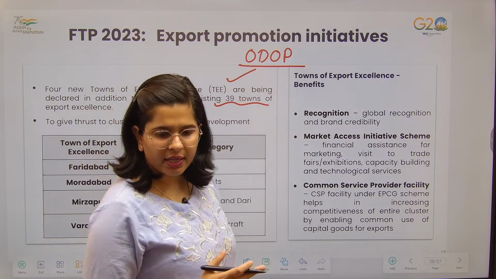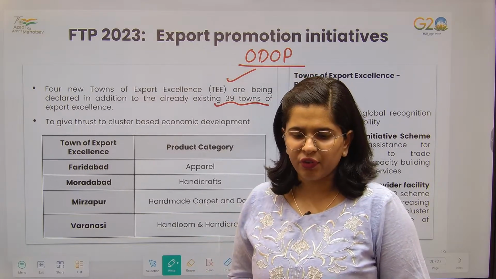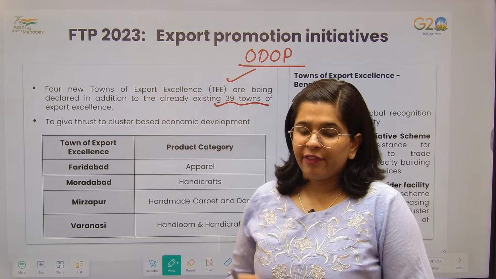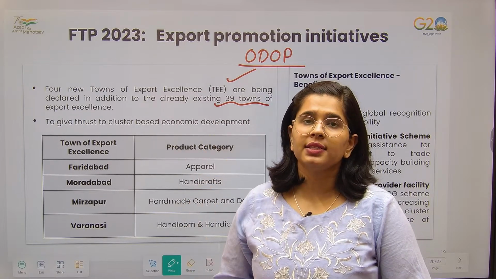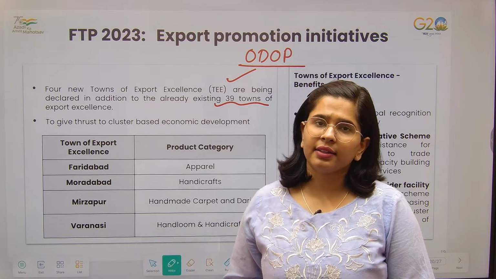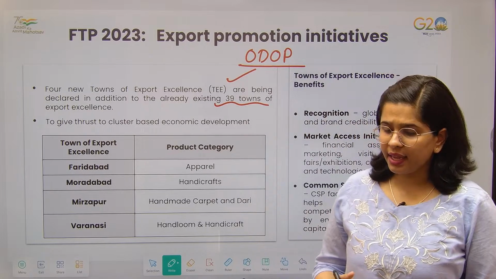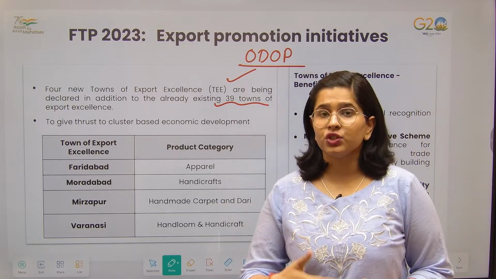Government is already running such kind of schemes. ODOP, can someone just give me the full form of that? If you are aware of this particular scheme, ODOP is One District, One Product. Fine. Under this, Government of India is thinking that every district has one unique product which is very popular